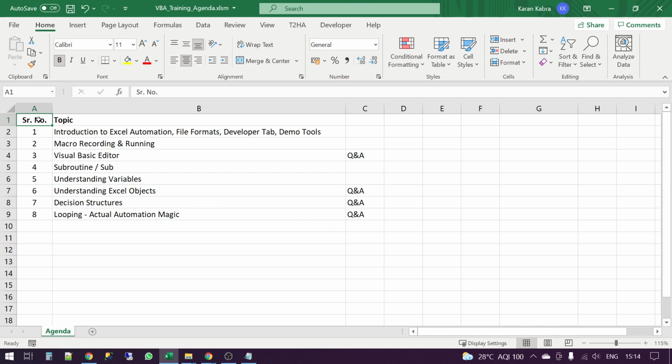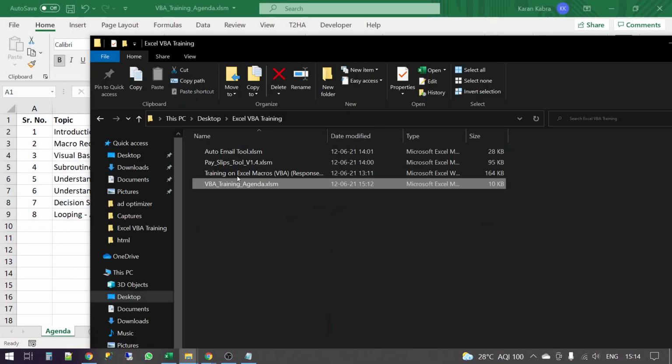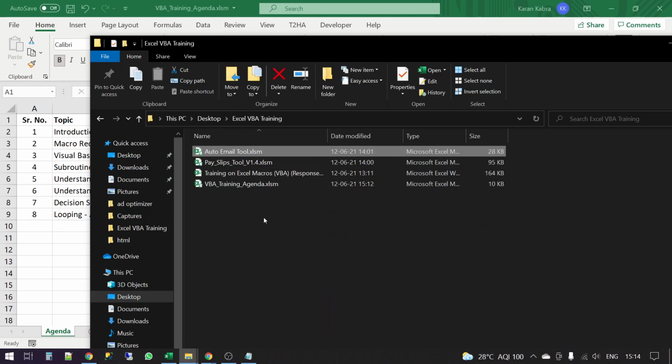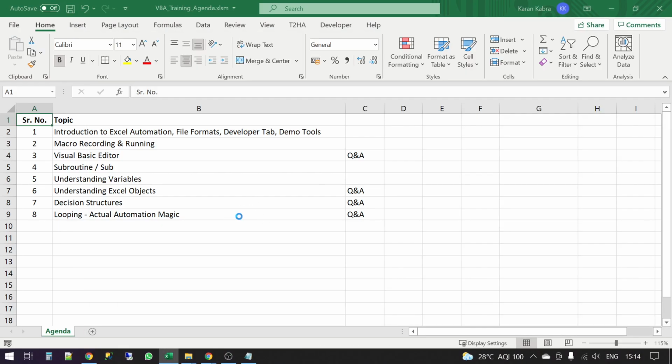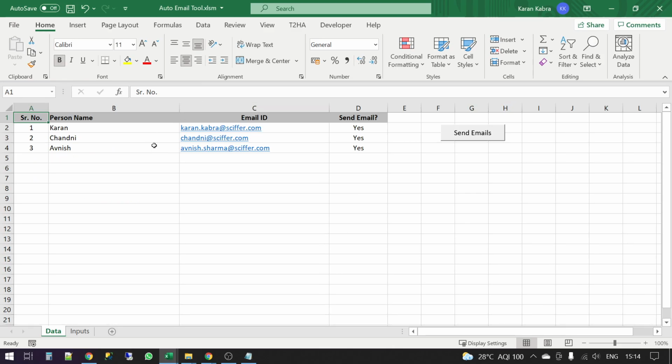Right. So getting back, I'll just show you a couple of demo tools, which will help you get a perspective of what all you can do. There is an auto emailing tool that I have created, which I use at a number of places. Let's say I have to send an email to each one of these people with certain specific text, which is dynamic text. Say I want to address the individual person by name, even have an attachment, all those things can be done with the help of very basic automation. I won't show you the code at this point, but I'll show you how it runs.